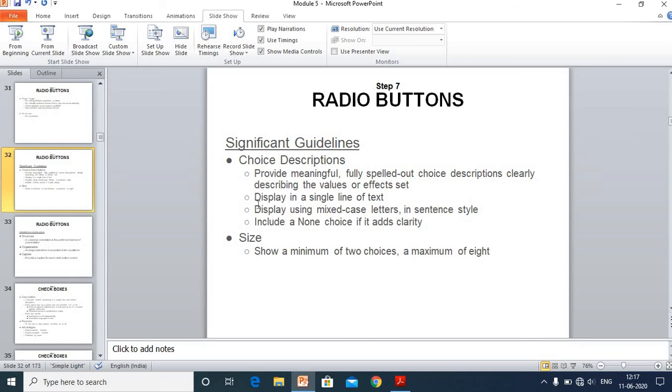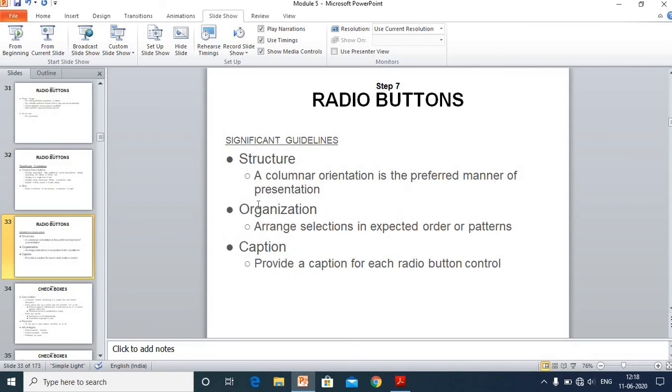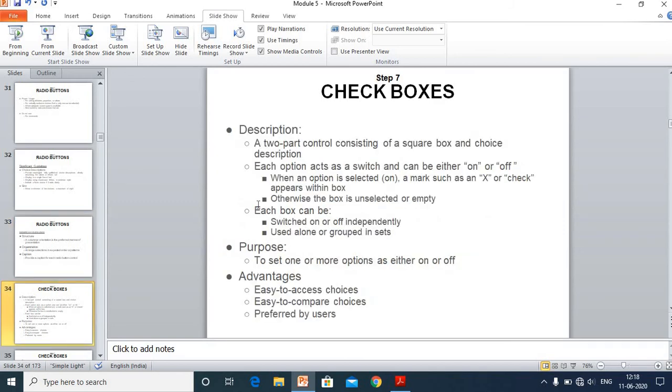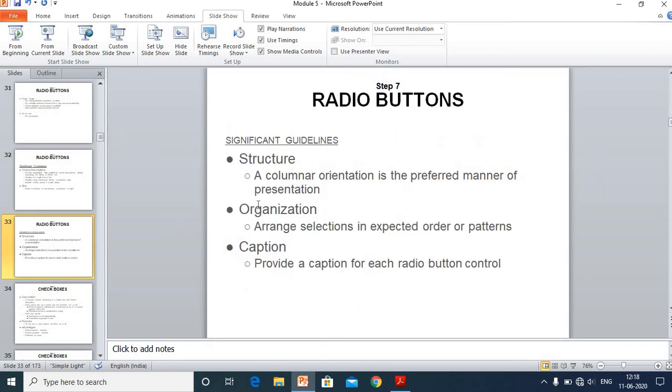Then we have significant guidelines, the guidelines we need to follow while designing radio buttons for the user interface. Then we have size limitations, how to structure, like orientation. Then organization. All these things we need to concentrate on while designing radio buttons. Next we have checkboxes. This we will see in the next video. Thank you.